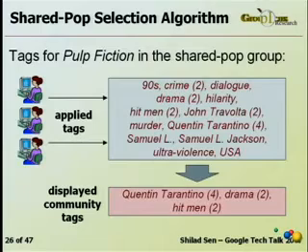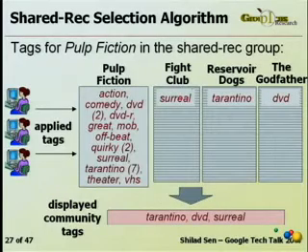And the third group is the shared pop group. Now, this is just like the shared group, but instead of randomly picking tags, we pick the most popular tags in the group. And finally, the most radical of the 4 groups was the shared rec group. And this was an idea to try to bootstrap tags. So we looked at movies that had been rated similarly. Here, Pulp Fiction, Fight Club, Reservoir Dogs, and The Godfather had all been rated similarly by MovieLens users. We grouped the tags together for all those movies, and we returned the most popular tags from the whole set.